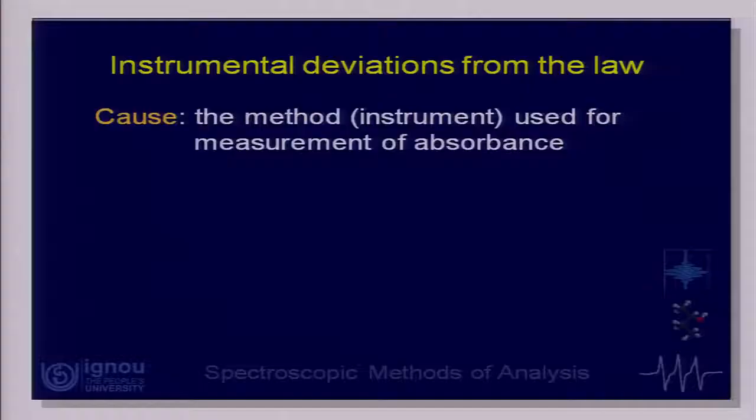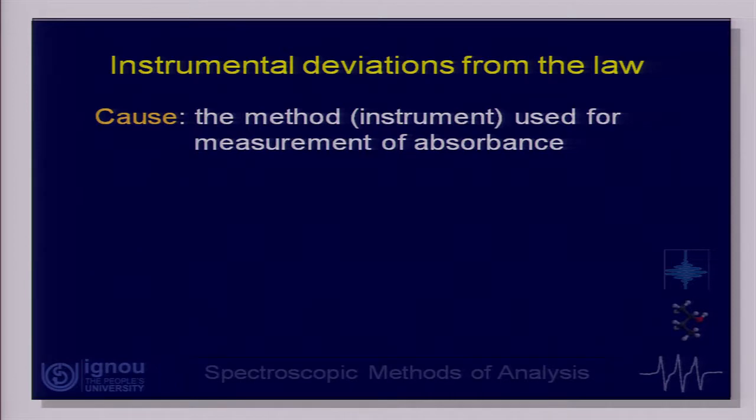We can take up examples of association or dissociation as well, wherein a given analyte dissociates or associates to give new species which absorb differently from the original species. So, these are the reasons for chemical deviations. pH is a very predominant one, and even these are very significant. Okay. Now, let us move further and talk about yet another class of deviations from the Beer-Lambert law,